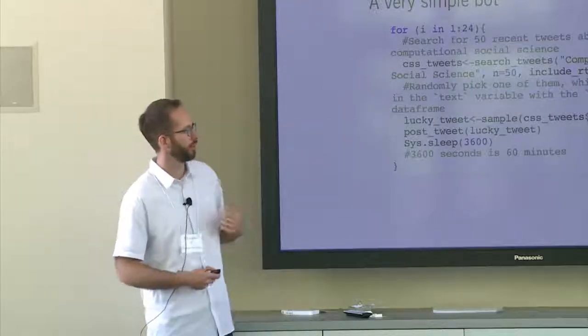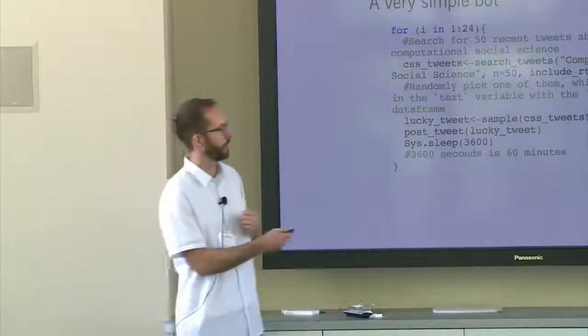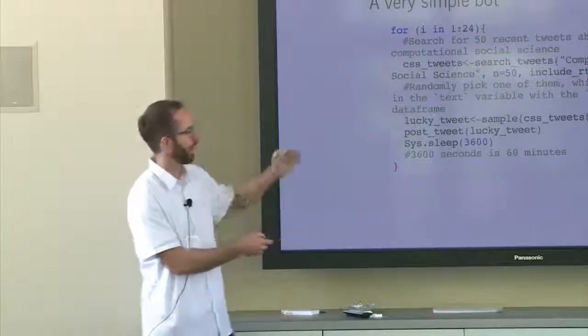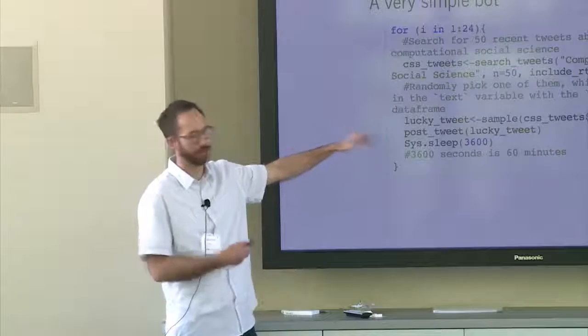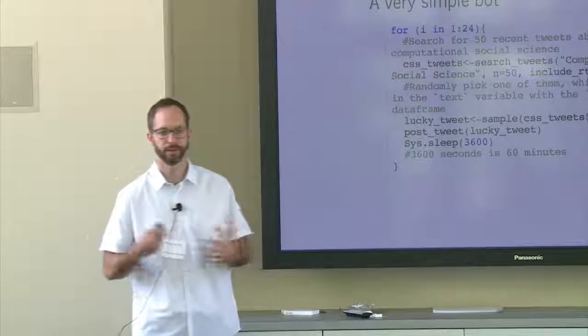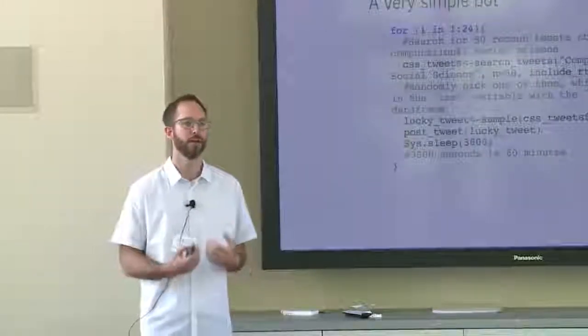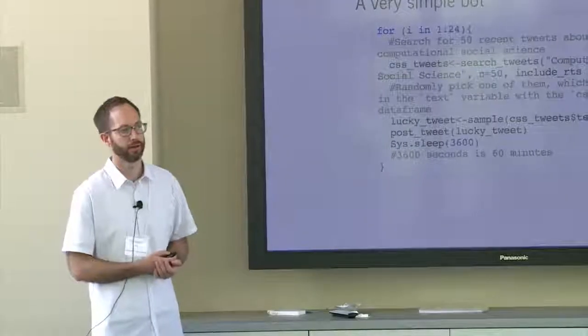So you can imagine this could get much more complicated. In the case of the Munger paper I mentioned earlier, we might use search tweets to look for racial slurs and then do some type of careful review of those. I think in his case, he actually reviewed it by hand, but you can imagine doing it programmatically as well. Then you'd need some type of randomization, or some type of sampling frame if you are going to run a whole experiment. You could imagine embedding various forms of text analysis in here to extract features from the text that could be related to the field experiment. The world is your oyster here, but you can imagine a lot of different stuff going into this code.